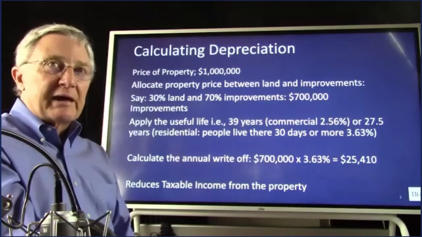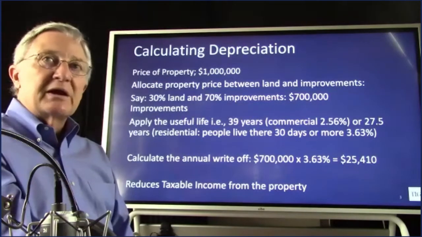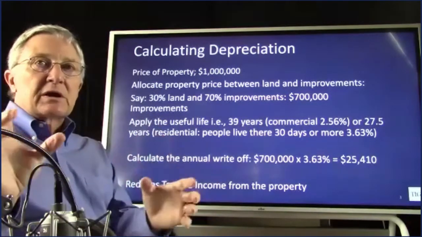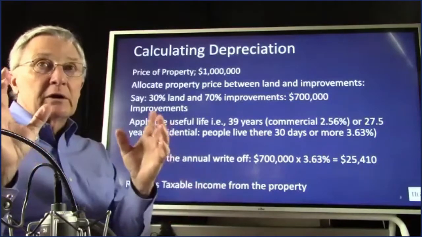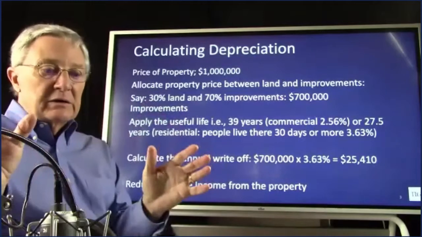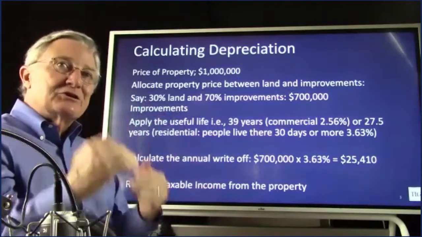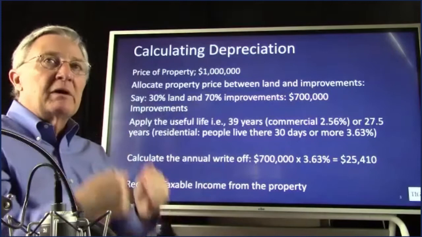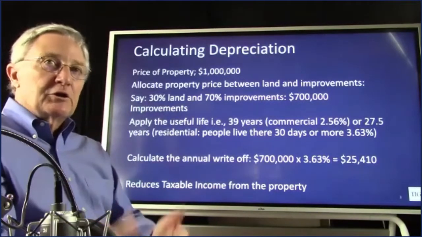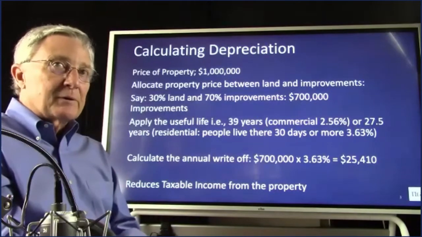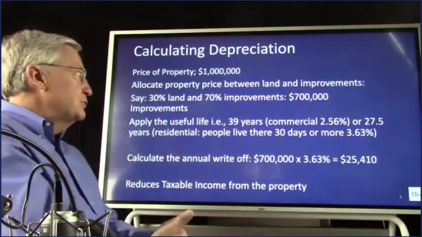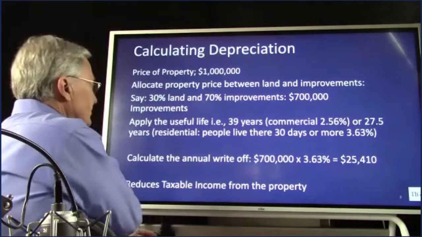Now, what do we do with that? And here's what people are mistaken about. They think that that $25,000 loss is going to cover their income on their K1, their 1099, their W2. No, it's not. The first thing it does is it shelters the taxable income from the property, because that's what it's all about. You bought a property, you're going to recover the cost of that property. That's going to shelter the income that that property produces. So let's see what happens here.